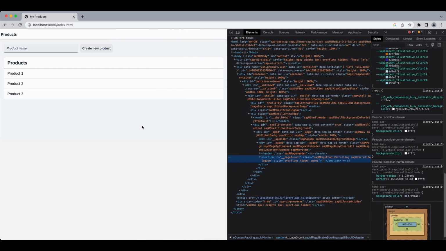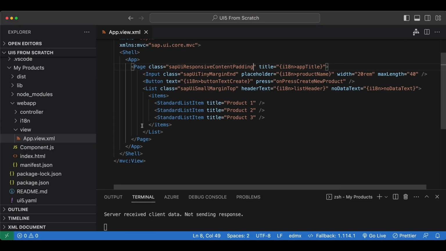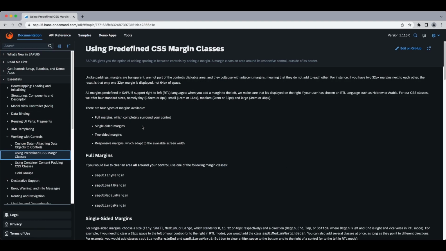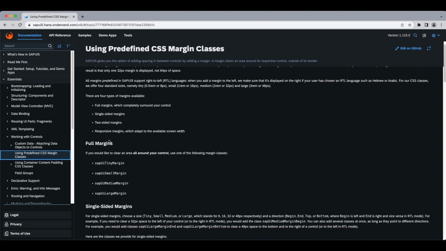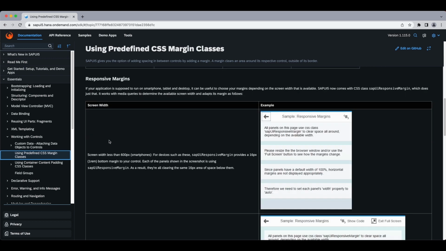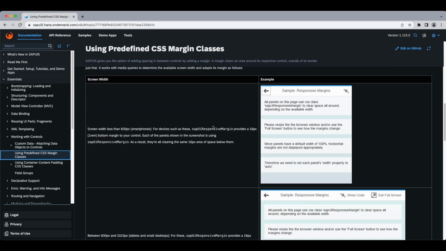So basically these margin and padding classes are the predefined classes that are provided to us by SAP. We have a few more options we don't need right now, but let's go and check the documentation. We have explored the all-around margins, single-sided, two-sided, and the one we didn't talk about is the responsive margins. So if we scroll down, the class name for that is SAP UI responsive margin, and it provides a 16